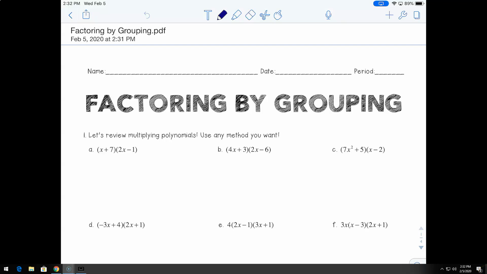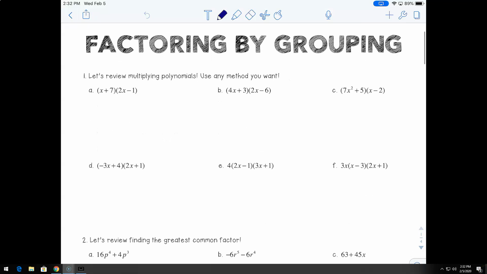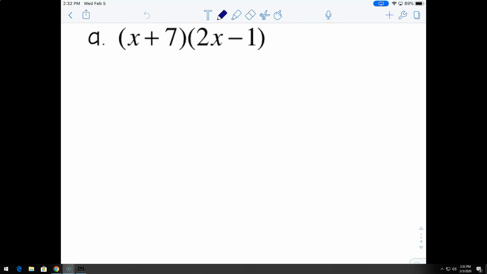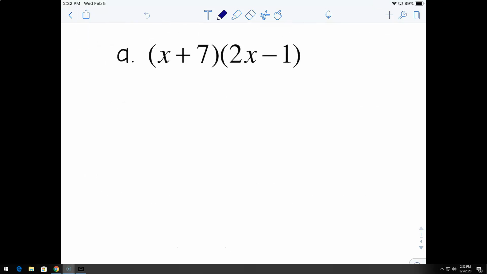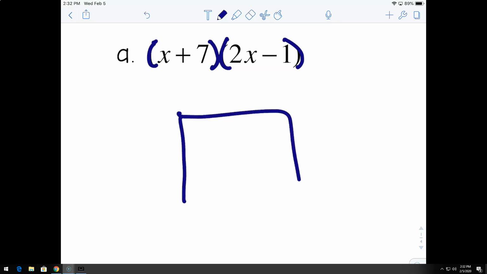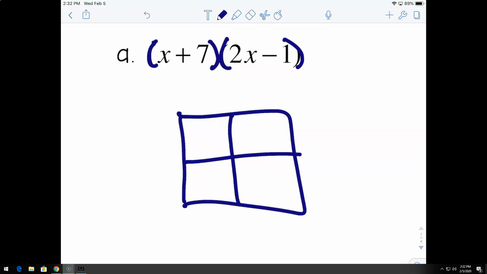Okay, algebra. So today we are going to do multiplying polynomials, which is something that we've seen before, but I'm going to re-show you a couple of times. When we see two parentheses right next to each other, we're going to create a box. When I do that, my first parenthesis goes on top, my second parenthesis goes on the side, and I'm going to multiply